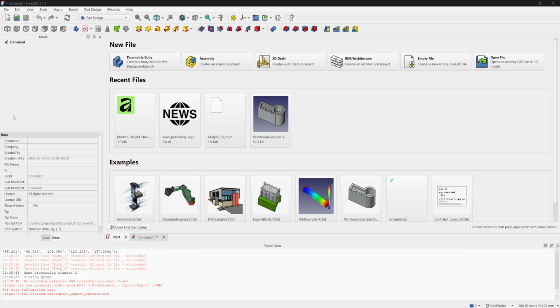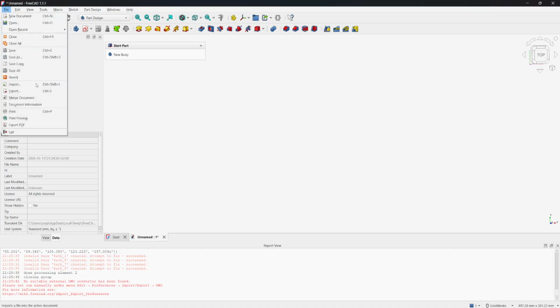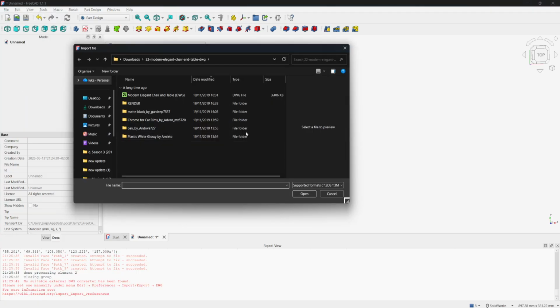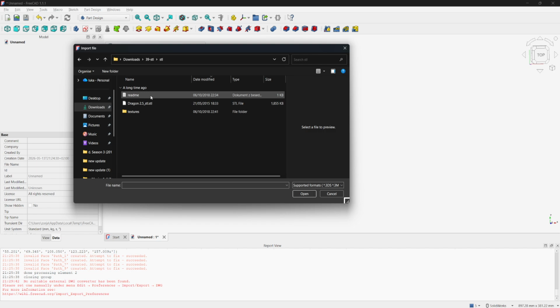Now what you need to do is create a new project, then go to the file at the top, click on it, and then click on import. And yeah, find where you have this STL file, just like that. And now just click open,